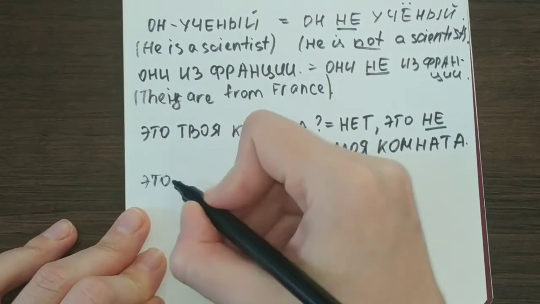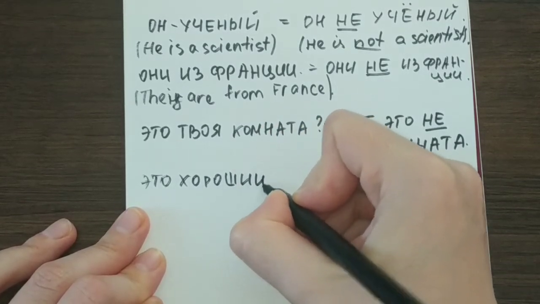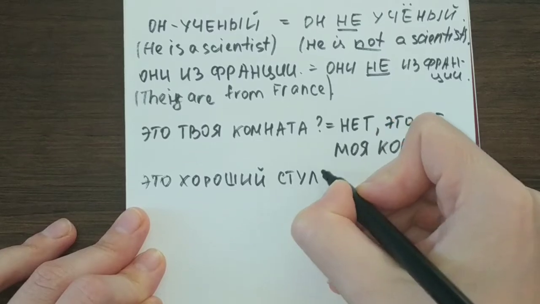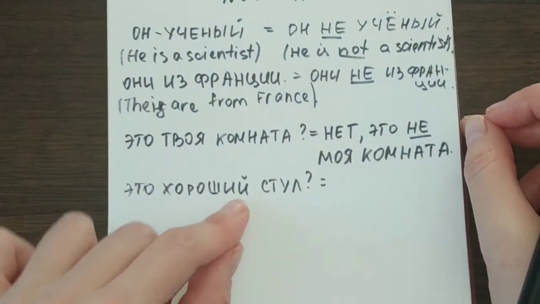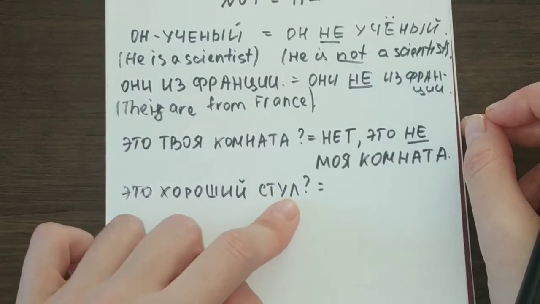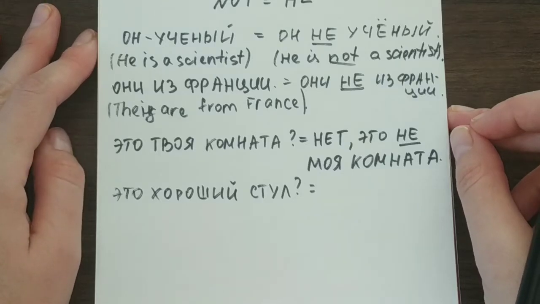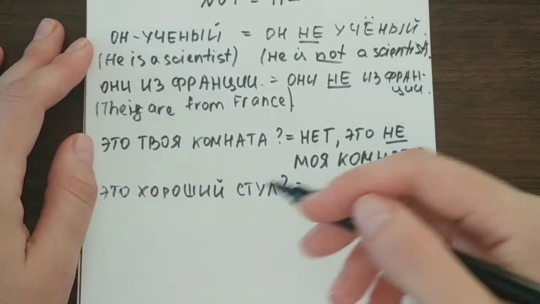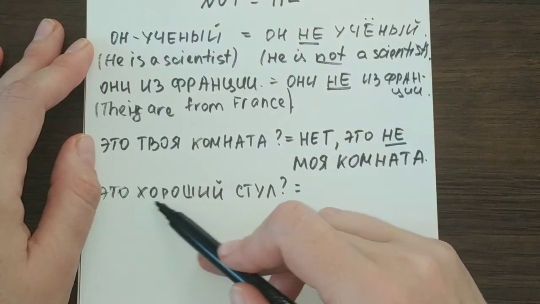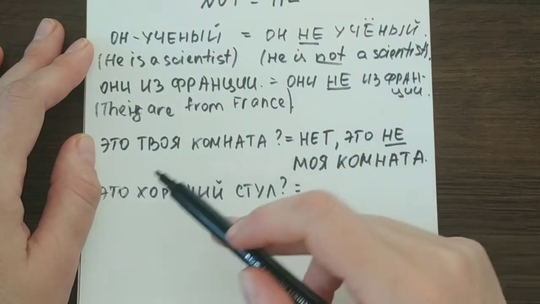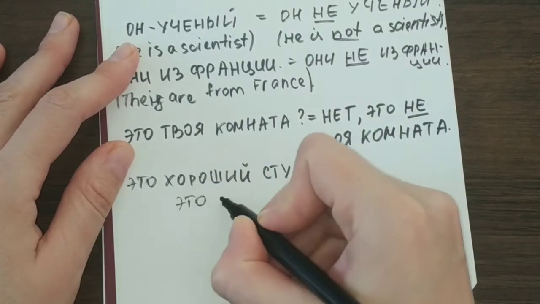Это хороший стул. Is this a good chair? Хороший стул, хороший good, and стул, chair. So a person asks you, is this a good chair? And you want to say, no, it is not a good chair. You will put the particle не in front of the notion you are negating, that it is хороший стул, and you will answer это не